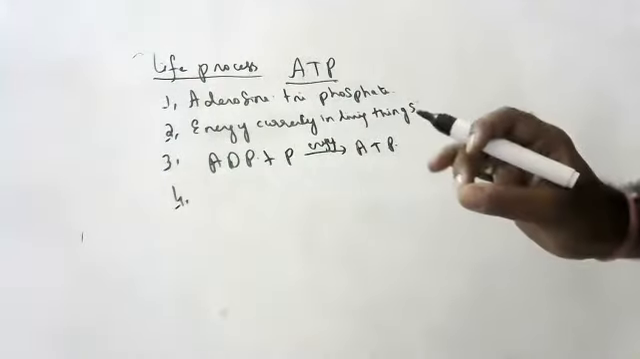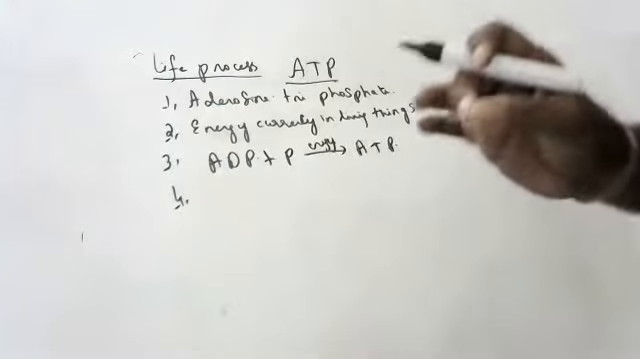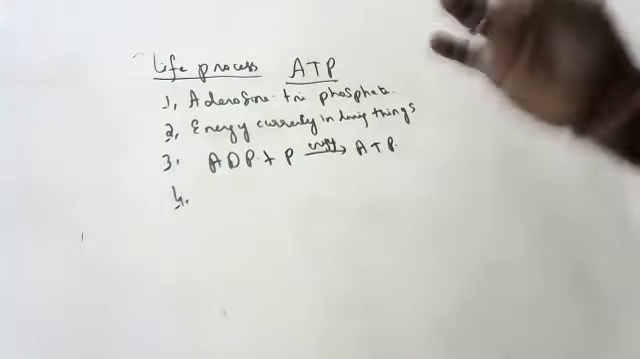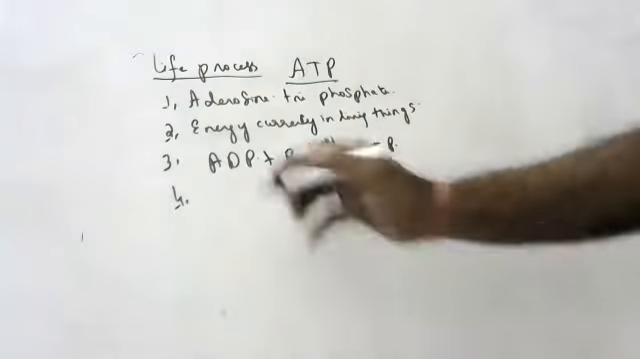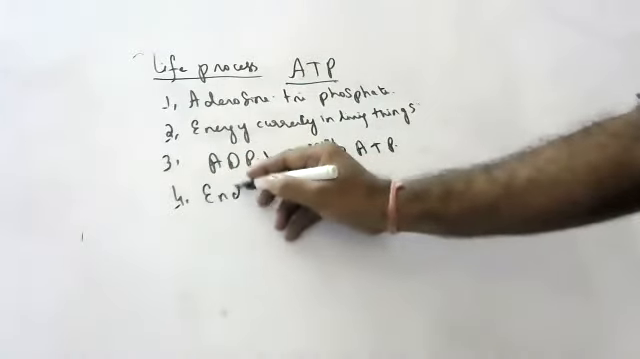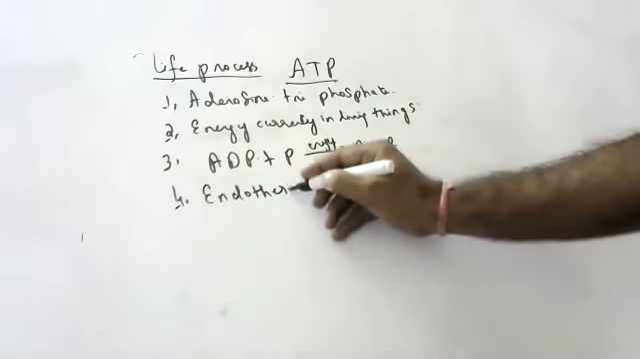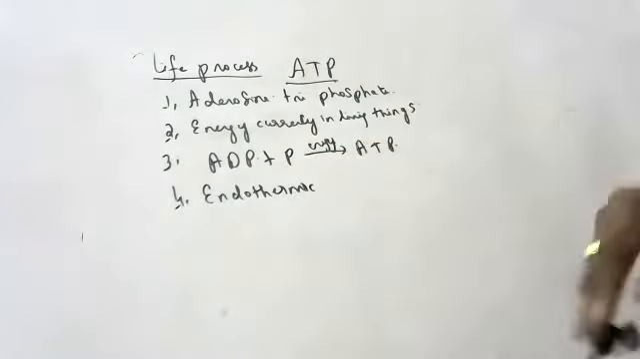So, what is the use of ATP? All the reactions in our body are endothermic, children. They use ATP to carry out the reaction. What are endothermic reactions? Those which take up energy. So for that energy,